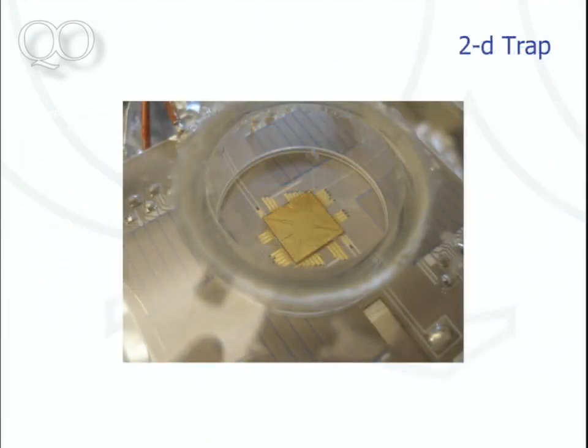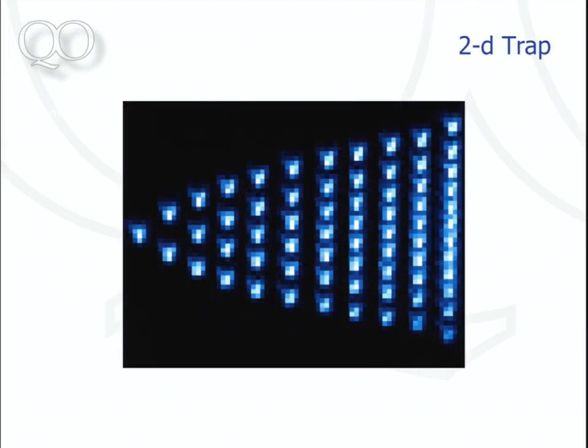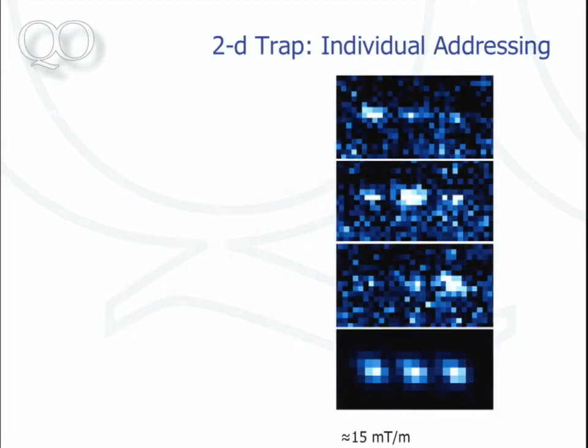This is what the trap looks like in the vacuum recipient. This is some crystals trapped, so it works. And this is individual addressing using a magnetic field gradient of 3 ions. So it shows that the principle works, but again, there is in this case an 8 ohm resistance on the chip carrier, which prevents us from applying